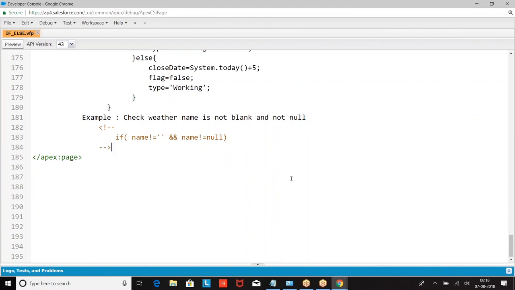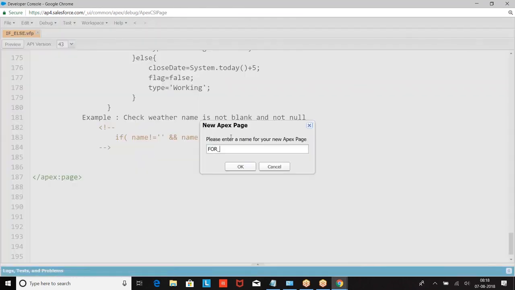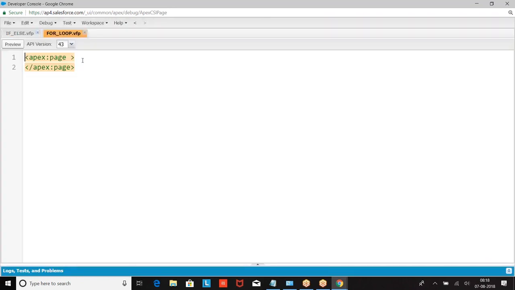When the same action needs to be performed a number of times, we will go for a loop. Now, how do you define the loops? Let us take the first example. How do we define the loop? Look at the format.